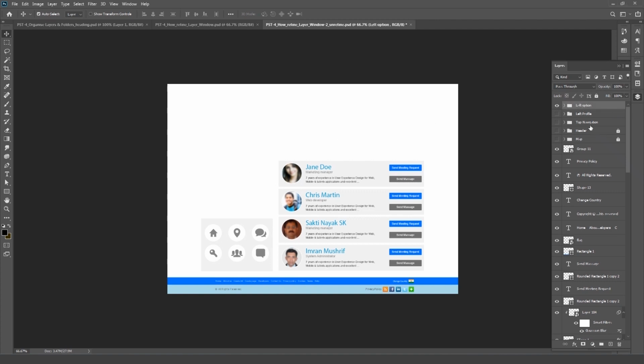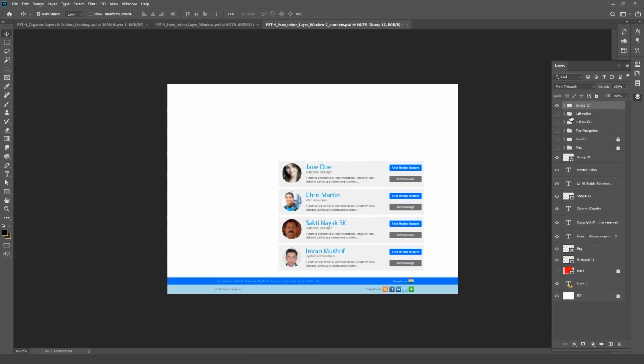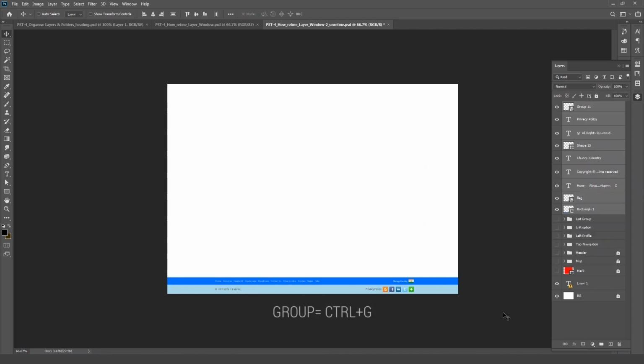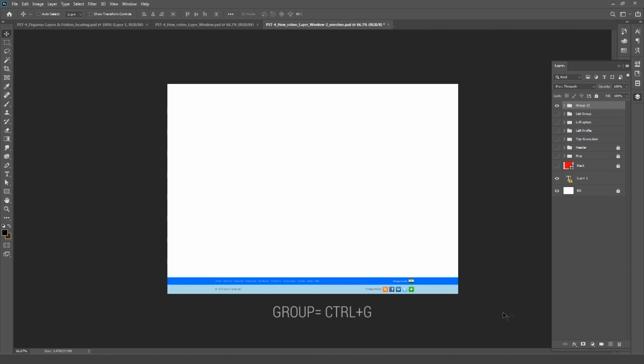You can give whatever name you want based on your respective structure or layout, whichever is preferable for you. After this I'm going to select this list, take it to the top, create a group with Control G, and name it list group, and turn this off. The last one is our footer. So I'm going to take this to the top and name it footer.